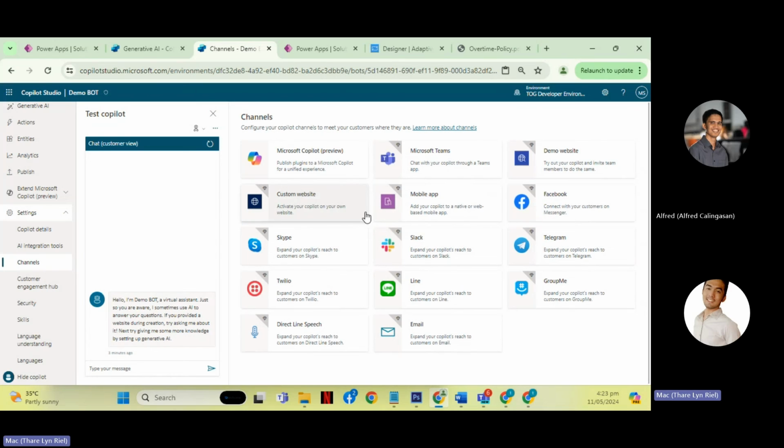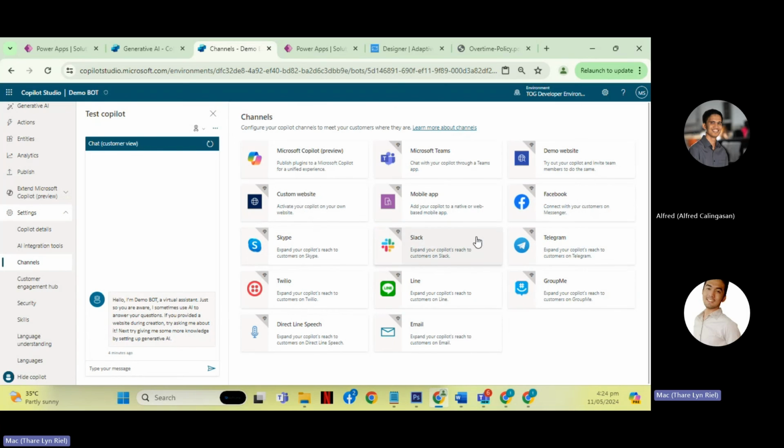But of course, there are some prerequisites. For example, if you're going to connect it to Facebook, you also need a Facebook developer account to handle the endpoint of the Copilot. So I won't go through these one by one. It is another advanced part of the Copilot.